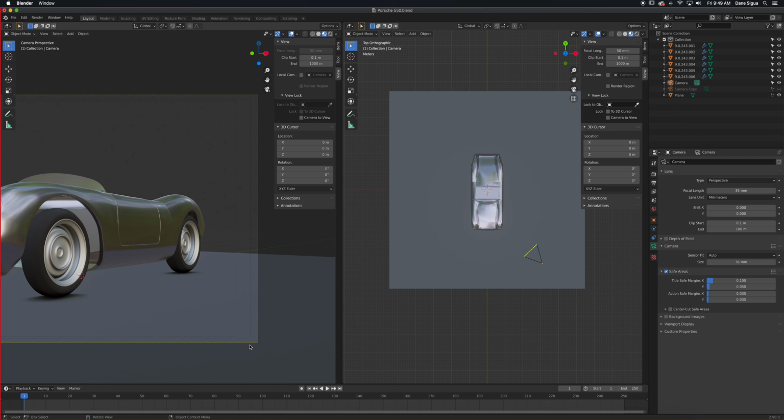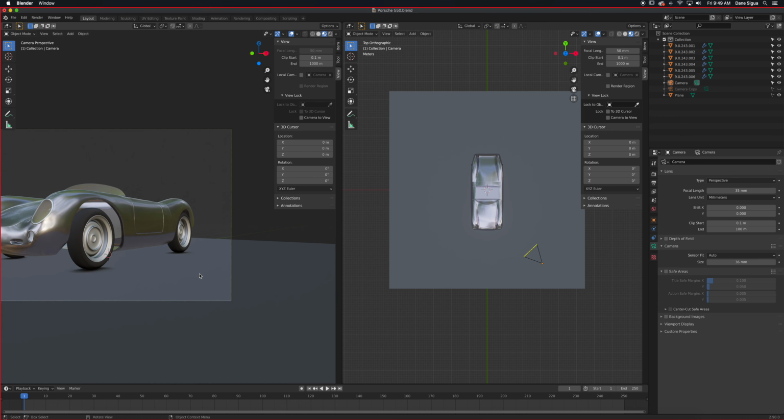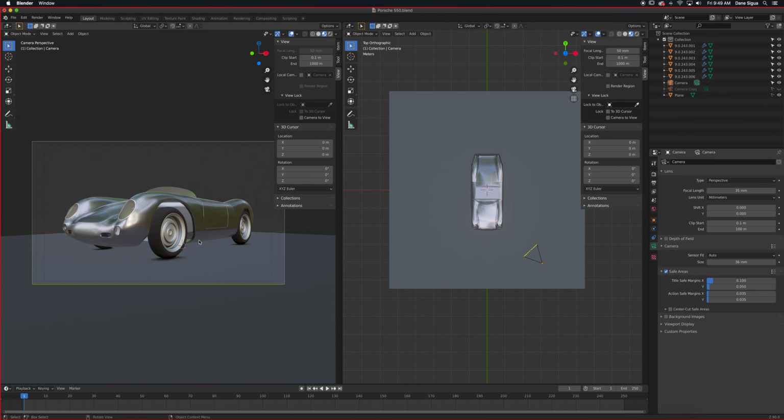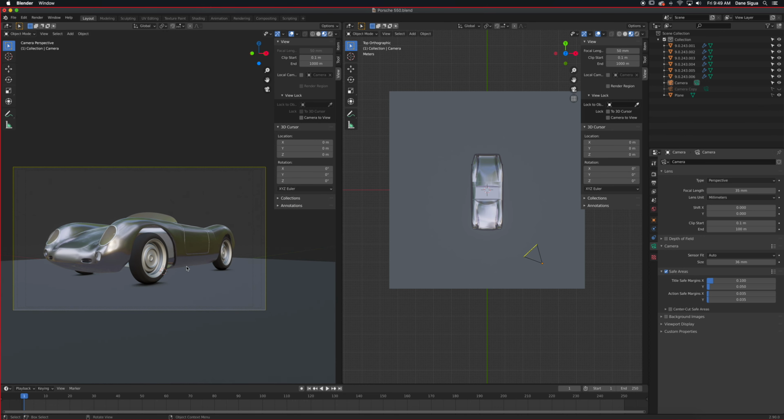Okay, so you have this kind of imaginary border if you don't turn that on. If you're into photography or cinematography, you will have this. You just know how to frame it. You don't have to see it because you're aware of it. You're used to it. Okay. So safe areas is something you can turn on and off. Just a guide. Totally up to you. I don't use it because I know I never put text close to the edge. There's always this border that you'll have. Okay. But for this one, we'll just leave that on. All right, so that's kind of an overview on how to set up your camera and how to position it,